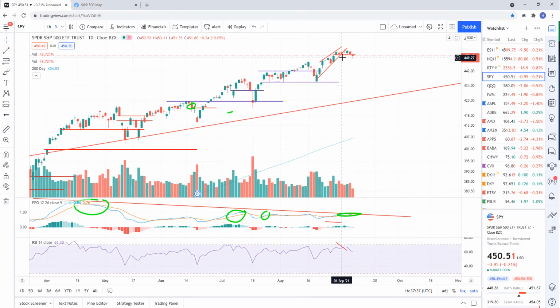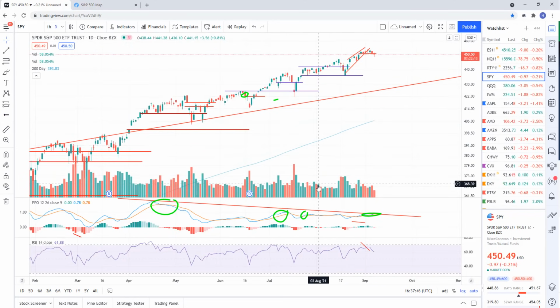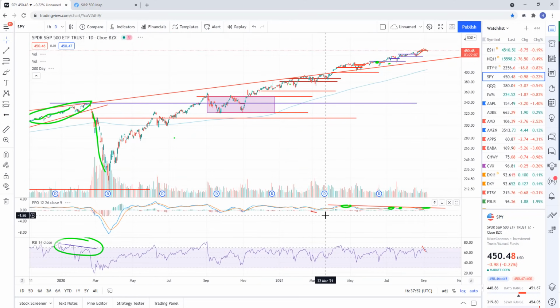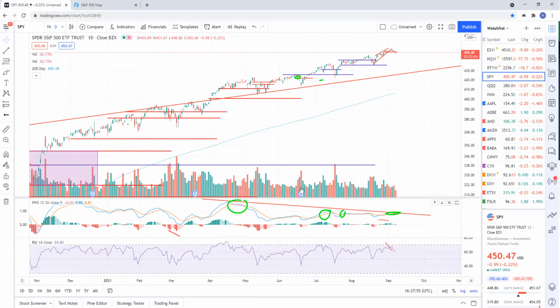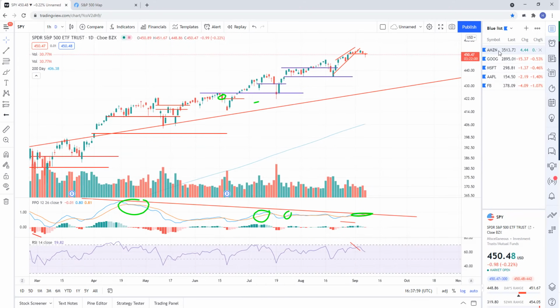But again, these negative divergences can build for a while. They're not a reason to short. We need to see breaks and sell signals and big impulsive breakdowns in the price action to trigger our entry. We just don't have that yet. So this is just extending this negative divergence, really going for quite some time now. And so we're waiting for breakdowns. The one thing I'm looking for, and I just don't think you're going to get a breakdown or a sell